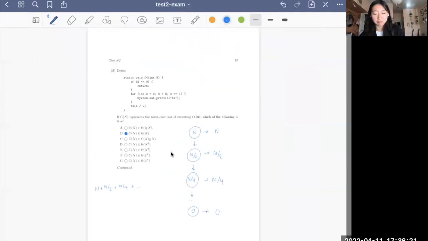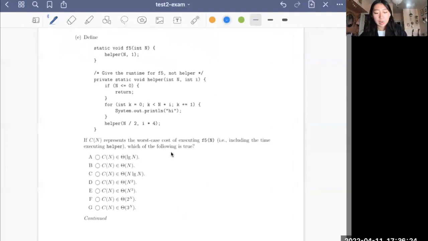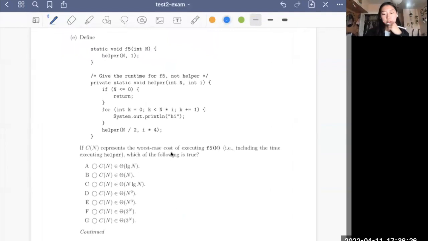Cool, that's 6D. Now we're going to talk about 6E. And so this one, we start with a call to F5, and then we do recursive calls to some helper